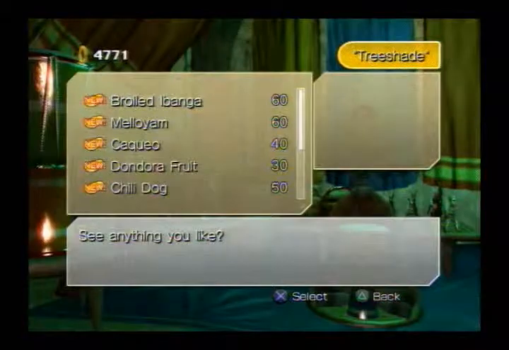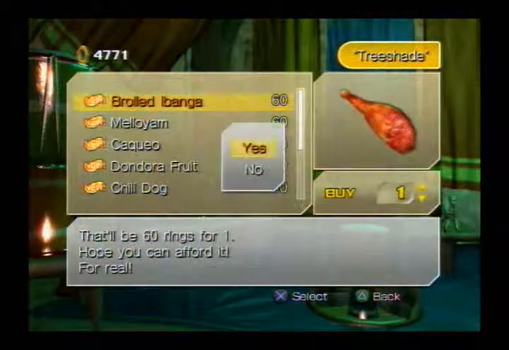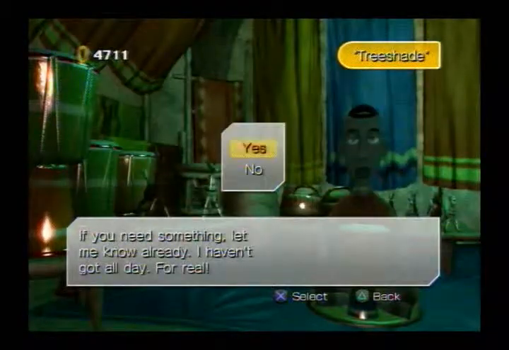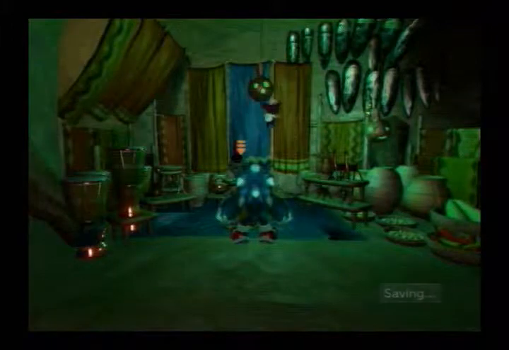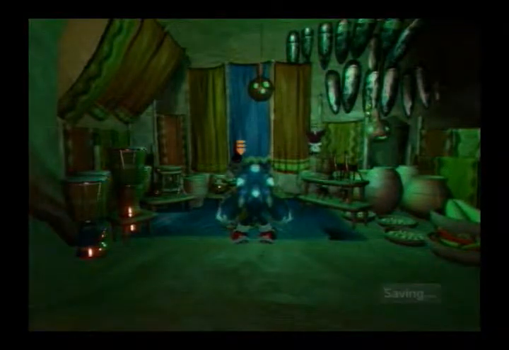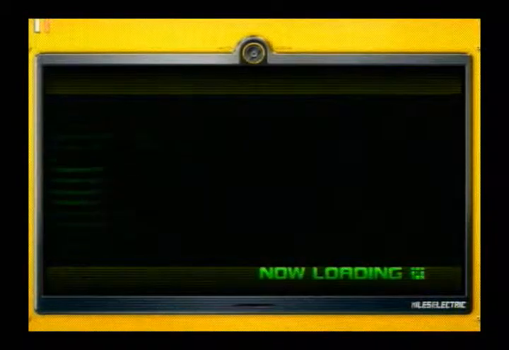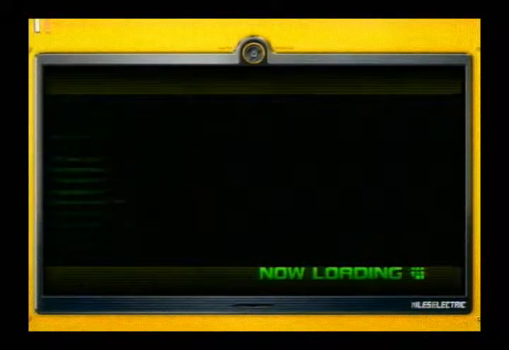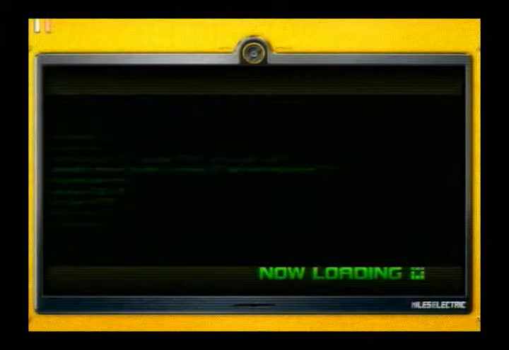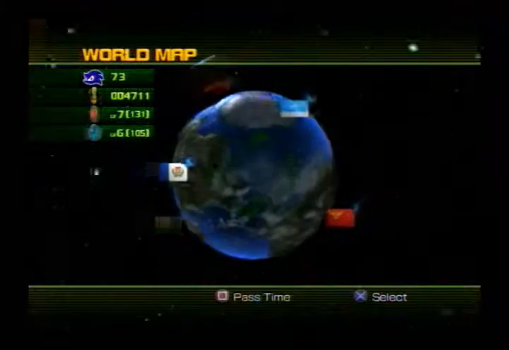Okay, customer, broiled ibanga, which is 60 rings. Sure, we'll go ahead and buy it. Alright, so now that we have the broiled ibanga, we'll head to Holoska and go after the canned horror. You can see why these missions do take time because of the loading. Thankfully, Sega did a pretty good job with the loading times. They don't take nearly as long, or you really don't notice them all that much. I mean, yeah, it still does take a while to go through here